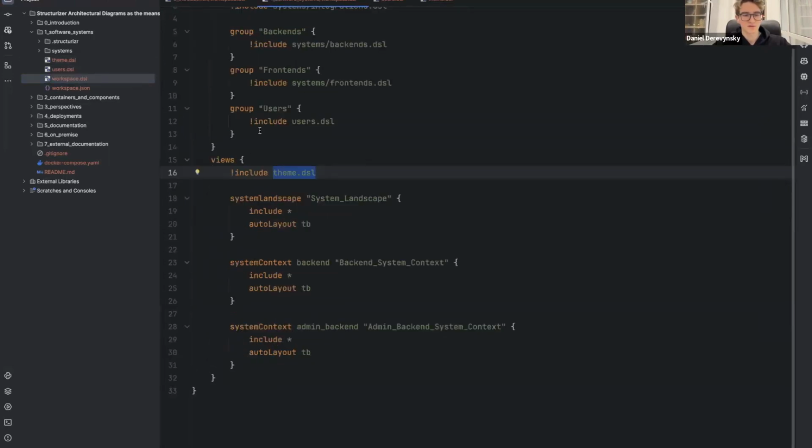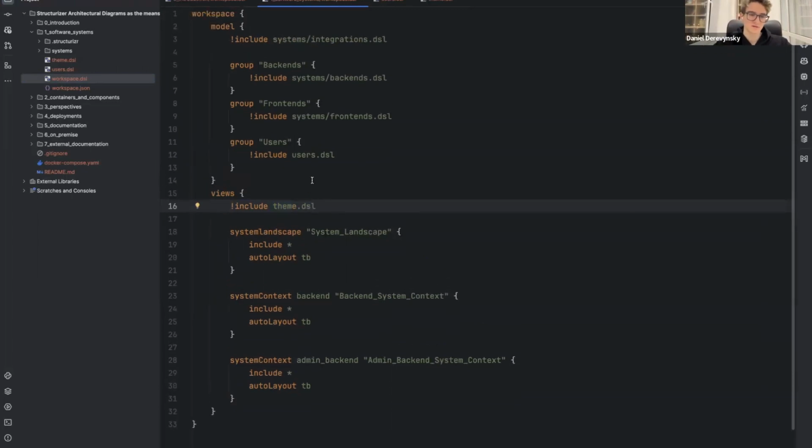It got included into our workspace under the view key, and that's why we have all the cool details that we have. So the same thing I used for describing our elements, our components, and software systems, I had moved them into their separate file. And we will take a look at them shortly, but also you could notice that we have a new keyword